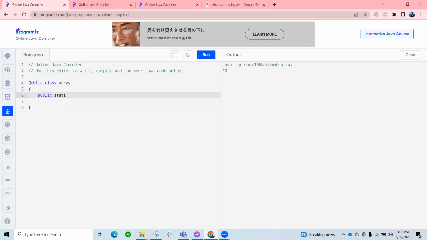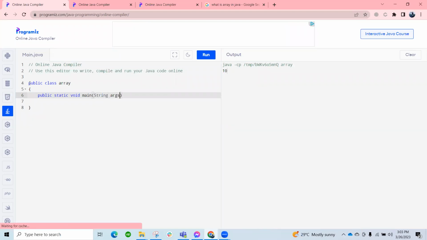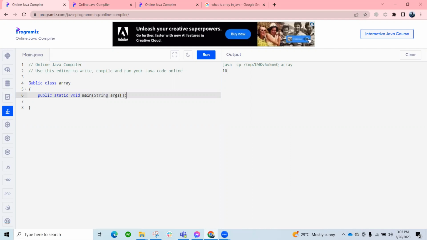Public static void main, String args, and then same thing, balik babaw. So here